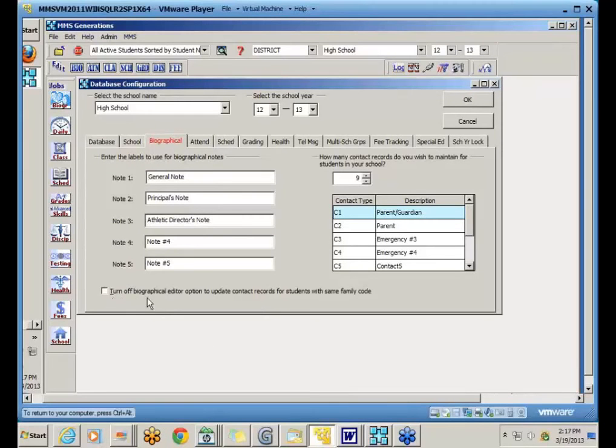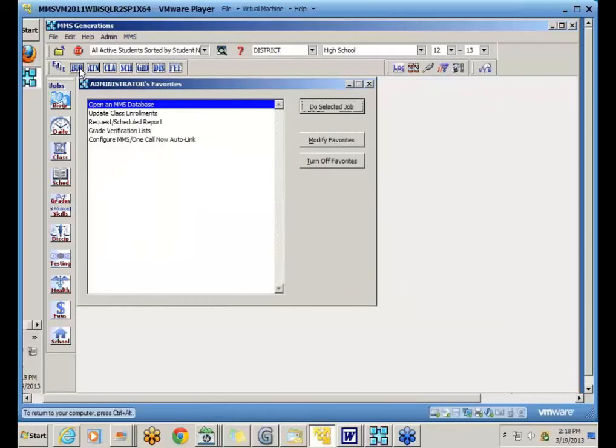You'll see that there's an option here that says you can turn off the feature to update contact records for students with the same family code. When this is unchecked, we get the prompt, and you still have control over whether you want the system to update the other records or not. But if you don't want to get that prompt, you can check off this option, and then when you make contact changes,